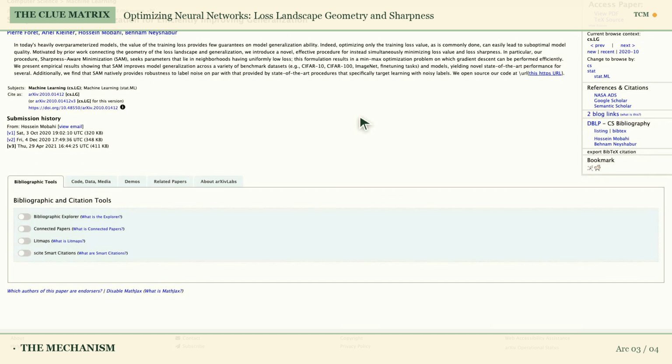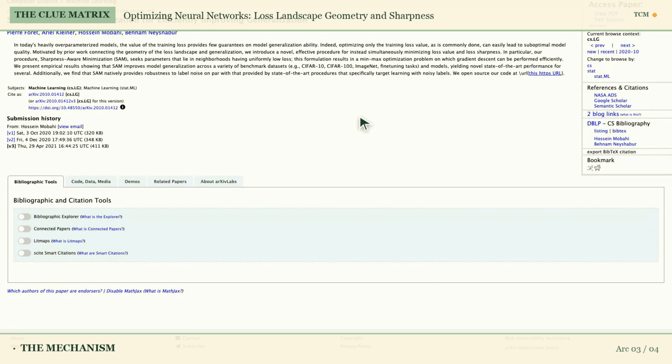To formalize that peeking and then minimizing process, SAM tackles a min-max problem. It first finds a perturbation, epsilon star, that maximizes the loss within a small sphere of radius rho around the current parameters W. Practically, this epsilon star is often approximated by taking a step in the direction of the gradient, scaled by rho and normalized by the gradient's L2 norm. So we approximate epsilon star as rho times the gradient with respect to W of L of W divided by the L2 norm of the gradient with respect to W.